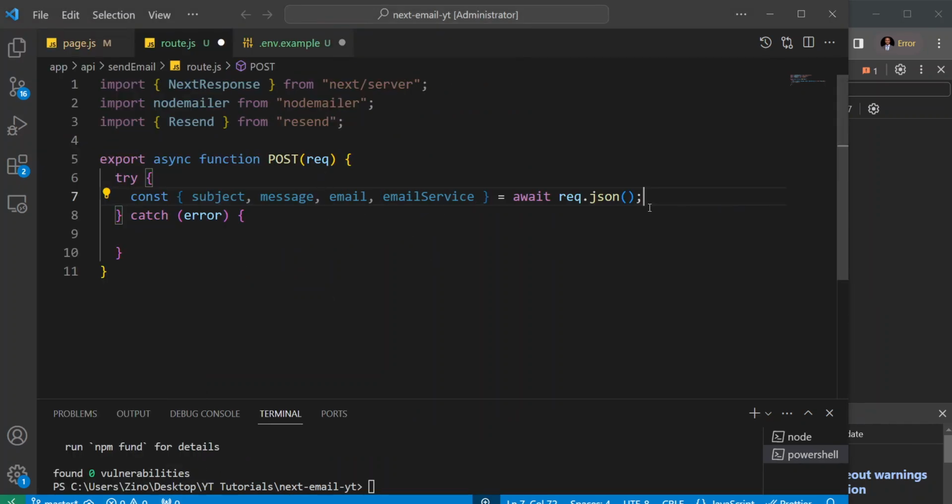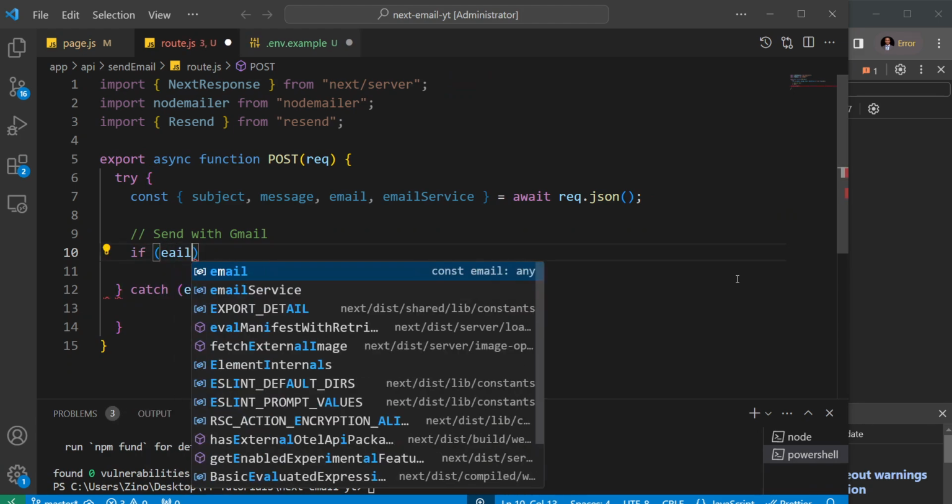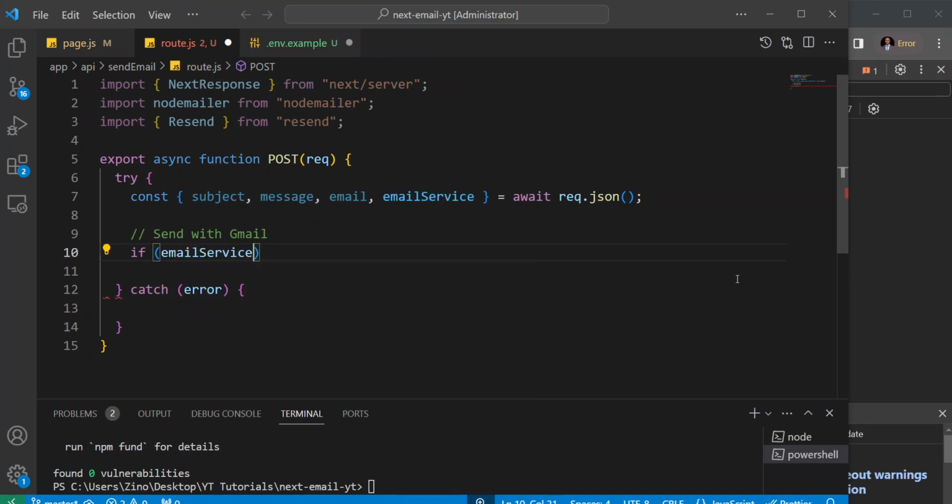All right, so having done that, let me give some space here. Okay, so having done that, we can now go ahead. I'll start by writing an if statement. So let me here, I'll say send with Gmail. I want to start by writing for Gmail. So I'll write an if statement here, and I'll say that if the email service is equal to Gmail,